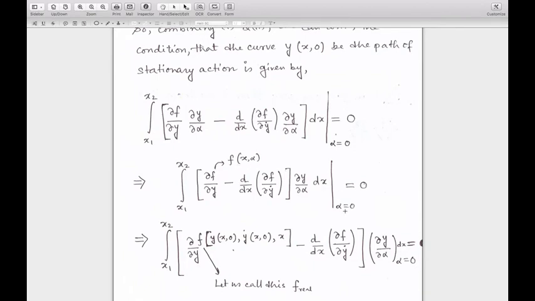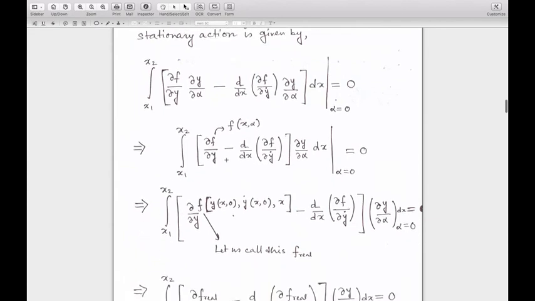When I say explicitly alpha is equal to 0, we have to replace this condition over here and see what happens. Now you can see that this ∂f/∂y minus d/dx of ∂f/∂y dot we can take separately, and the whole thing will then be multiplied with ∂y/∂α, that is the common factor, times